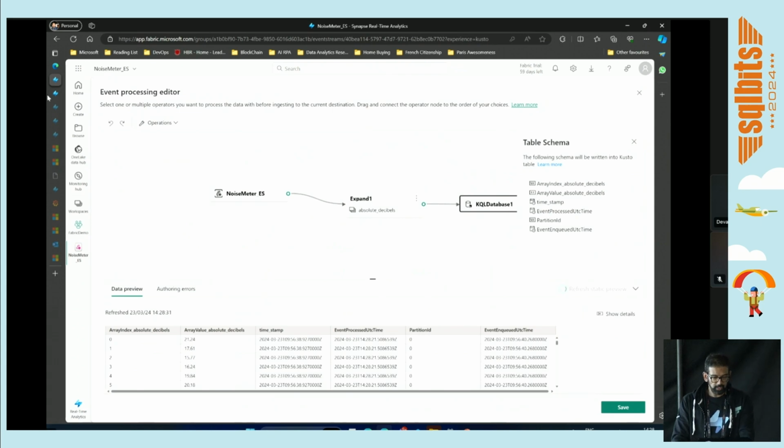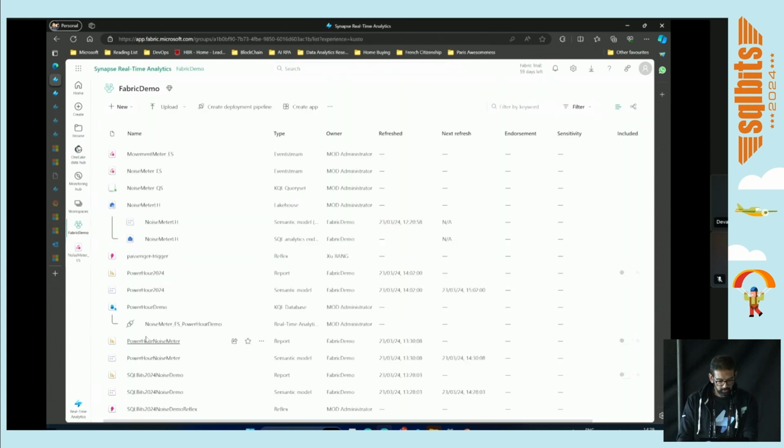So we have an application which is pushing data into event stream. We've done some transformation of data. Now we have the data in the format we want, so we are storing that in the KQL database. Now let's switch to the KQL database. So if I go to Power Hour demo,